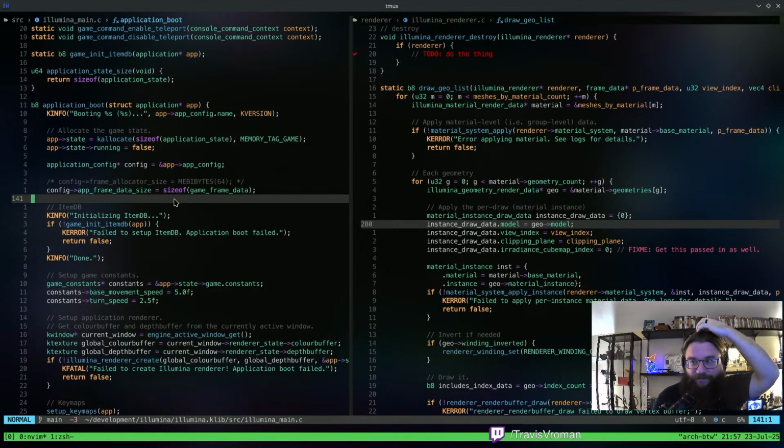An engine is much more than just a renderer. Oh boy, is it. Yeah. In fact, most of your engine code is actually not rendering code. So, like,